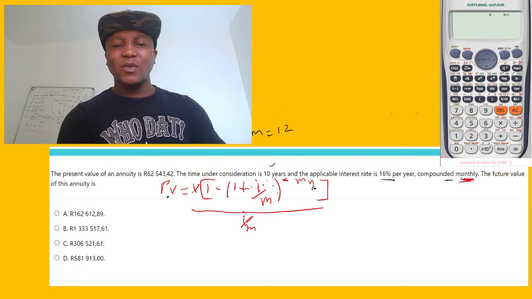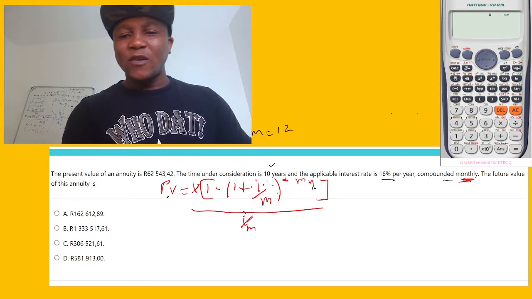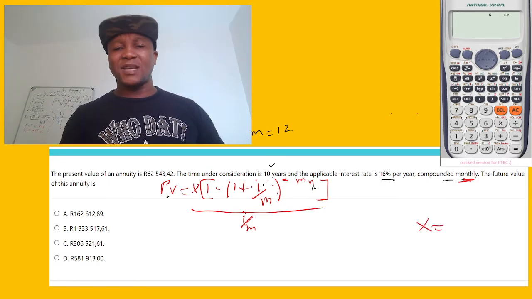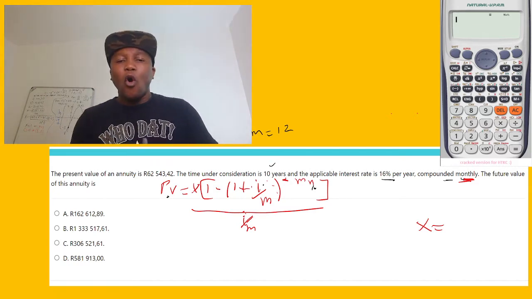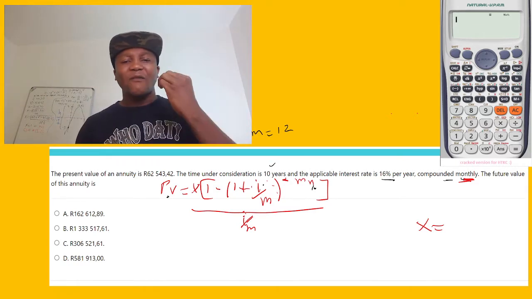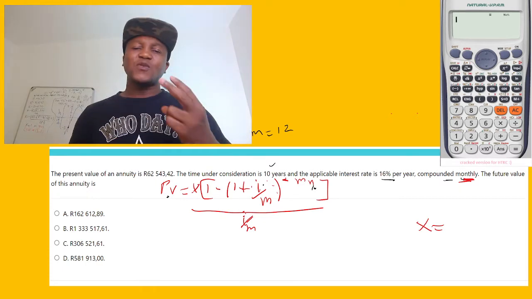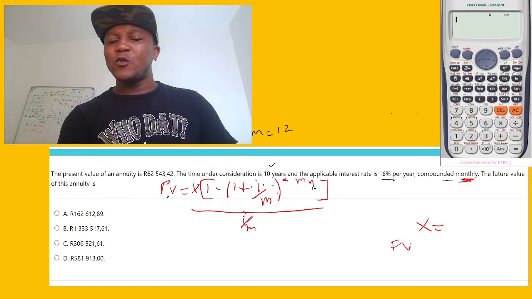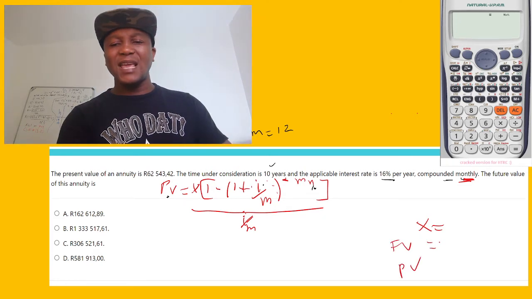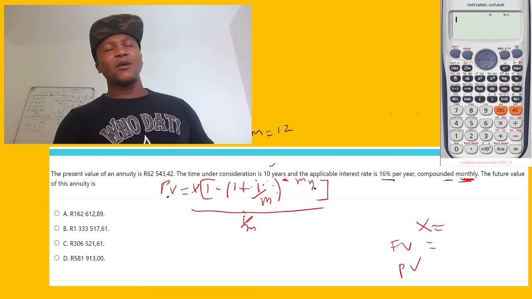Now let's plug in everything. So we have everything. Let's plug it in. It seems they're looking for X. So what does X represent? The value of X in either annuity present value or future value. There are two things here. Money, okay, you only apply the future value formula or present value formula only if there is